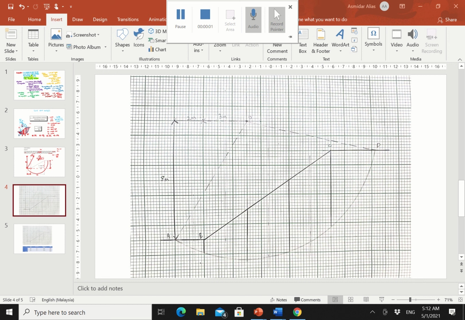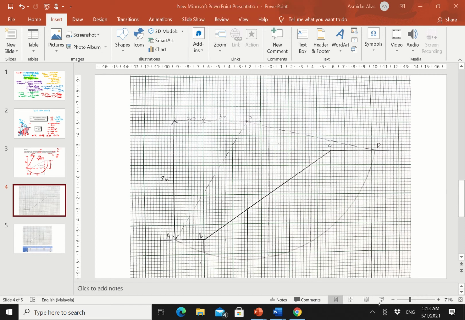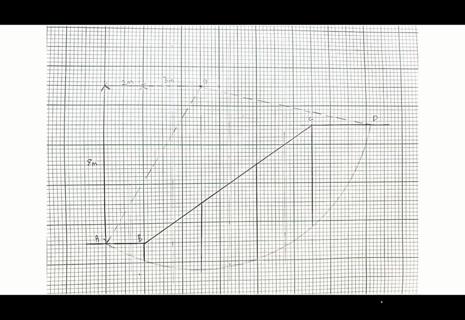Okay, this is the description or explanation of how to solve Example 5.1. As I have already mentioned earlier about how to transfer all the meaningful parameters from the question onto your graph paper. So after you determine everything from the graph paper, from the question, okay,